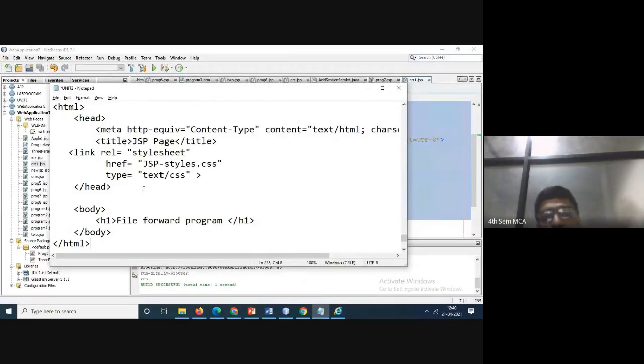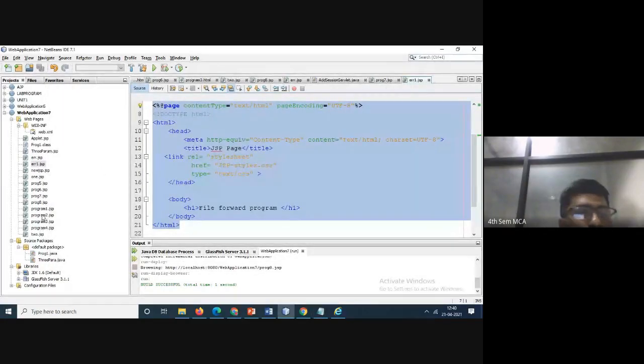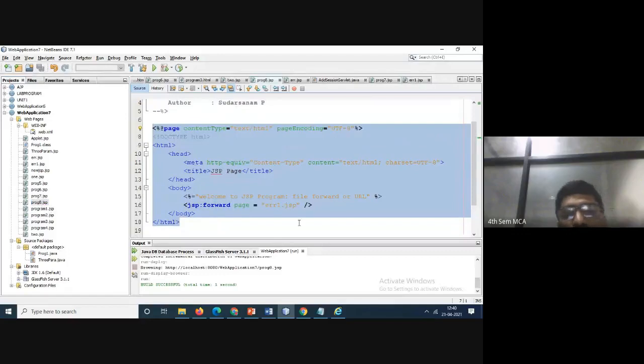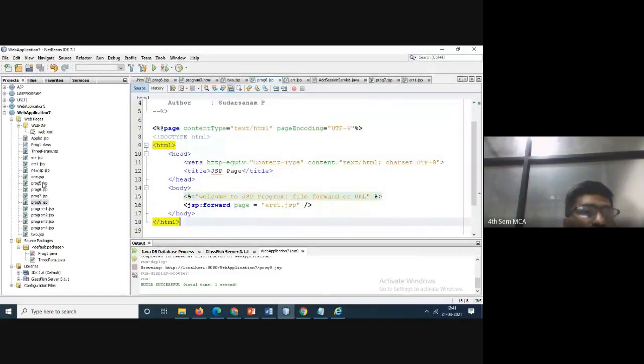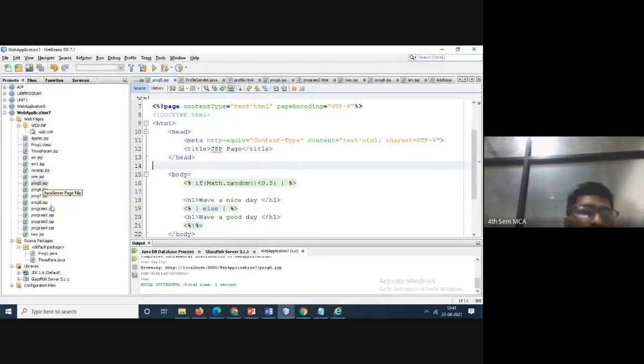Now I can change to some other file also. For example, I'll change the program file. What is that program file? Program file, I'll put it.